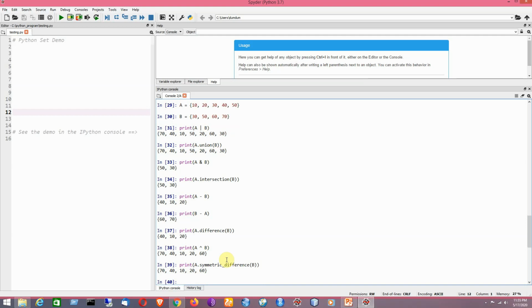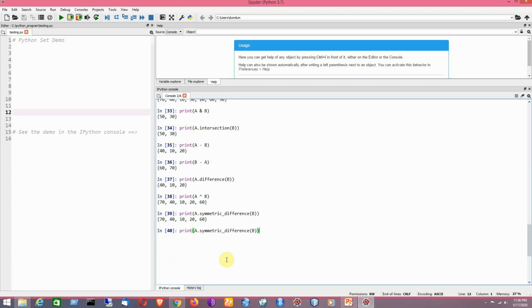Now suppose we are going to perform set comparison. That means whether a given set is a subset or superset of another set. That can be checked here. Say for example, I am having another set. First I would like to print set A here because I am going to use it.